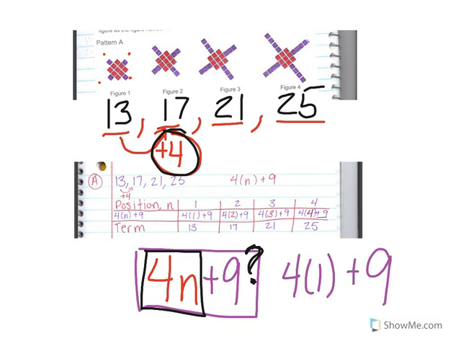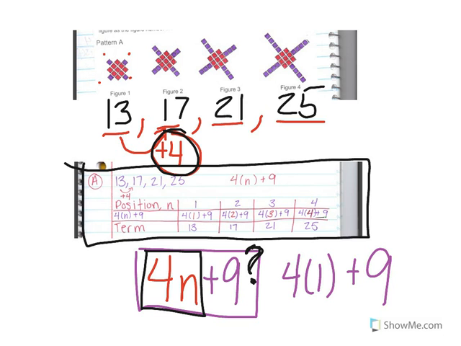Alright? So I'd like you to go ahead and try pattern A. I'm sorry, we've already done pattern A. I'd like you to try pattern B and C on your own. So you're creating a table just like this for both those other patterns, and we will check that in class